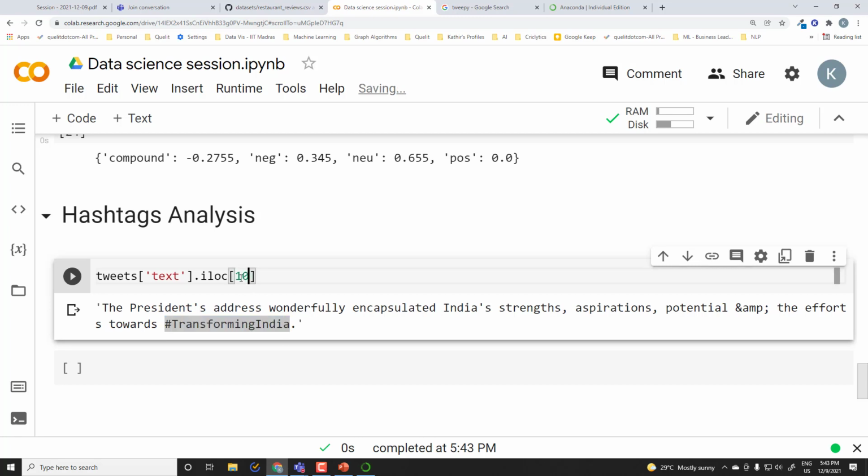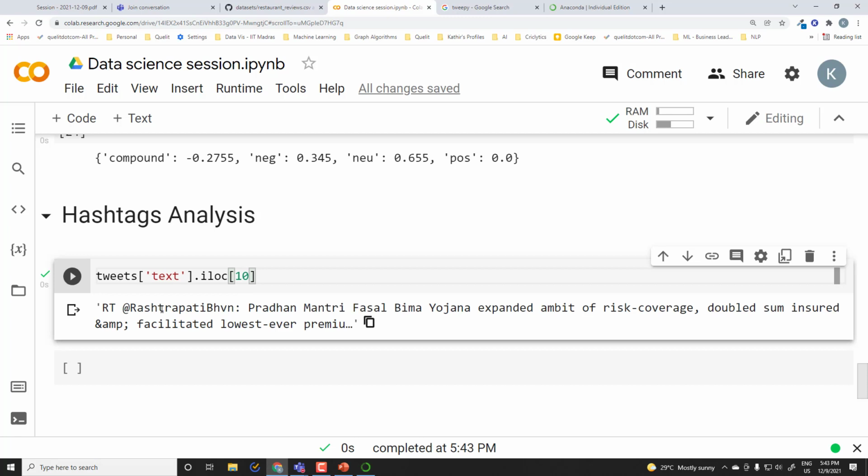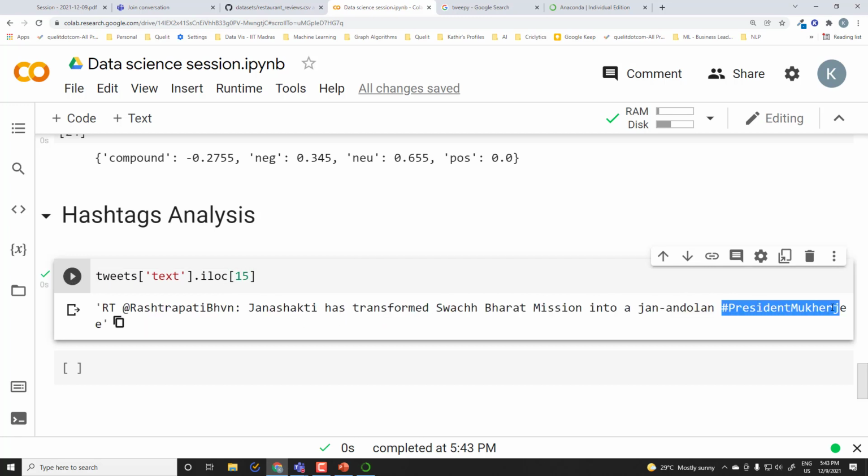Then let me take up some other tweet randomly. This is about President Rashtriya Bhavan and all, but there is no hashtag inside this. So there are tweets which will have some hashtags. Here you have President Mukherjee, and there will be tweets in which you don't have hashtags. The idea here is I'm going to pull out all the hashtags that we have and then see what the most frequently used hashtags are during this duration, six or nine months. And typically we used to do a deep dive into how each hashtag is trending. As of now, we are just planning to see what the different hashtags are and